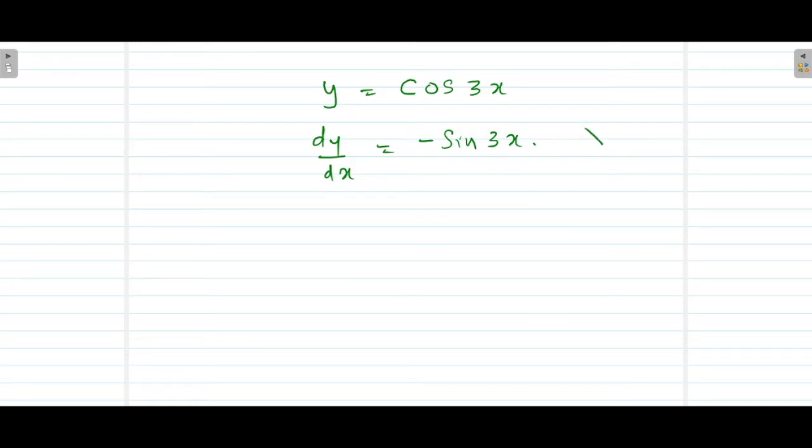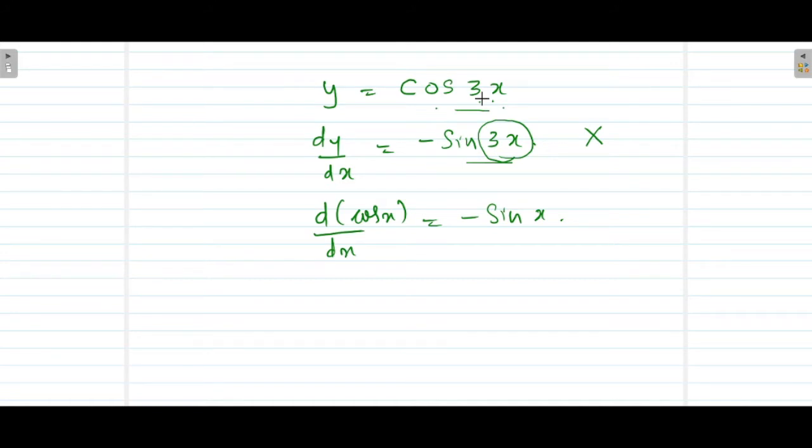Why is this wrong? Differentiation of cos x is minus sin x. So we are prone to write that differentiation of cos 3x will also be minus sin 3x. But we should note the value, it's not x and it is 3x, which makes much difference, right? So what is the right way to differentiate cos 3x?